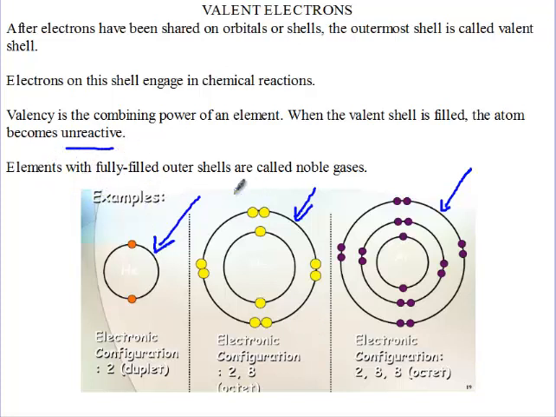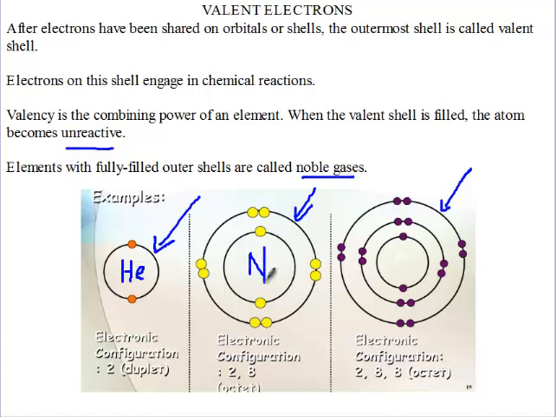Elements with fully filled outer shells are called noble gases. Please keep in mind, elements with fully filled outer shells are called noble gases. Here we have helium. Helium has atomic number 2. These 2 electrons can fill its only shell. We also have